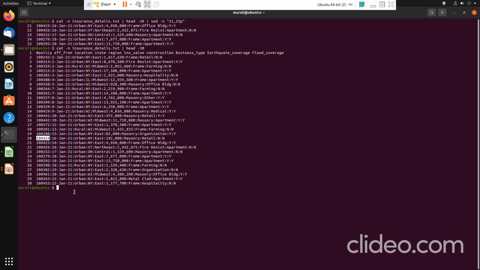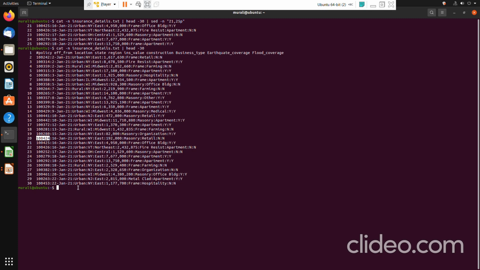Is there any action which would exactly take care of this? Maybe one thing I can do is 1,20, but that is not what I want to do. I have the information of till which insurance ID I need to print. In that case, addressing from one to that particular line would take more time.